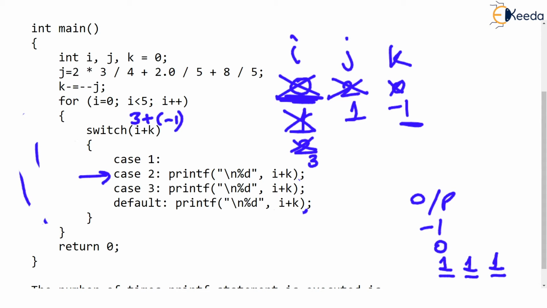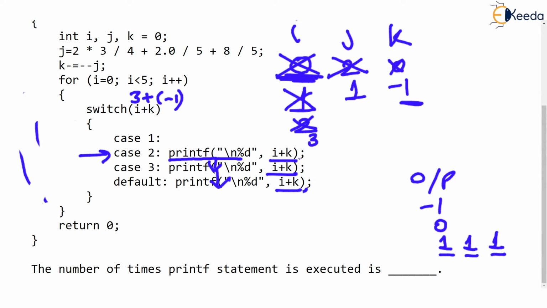So what it does, it prints I plus k, which is clearly 2. But observe, case 2 has become true, but there is no break. So the next case will run blindly. I plus k is printed, which is 2. But you again observe case 3 also does not have break. So the next case runs, which also prints 2. So the next three outputs will be 2, 2, 2, although on separate lines, but these values will be printed.